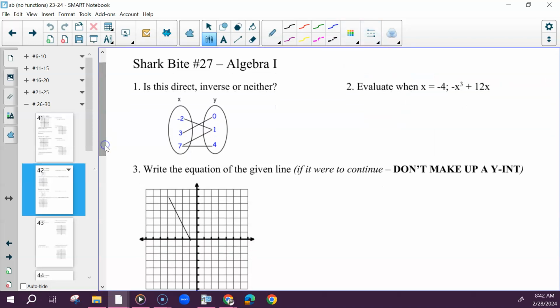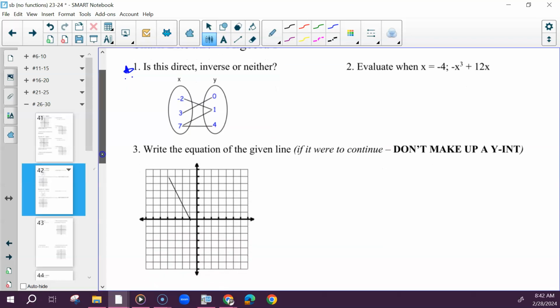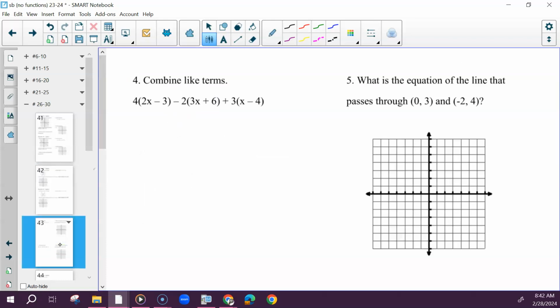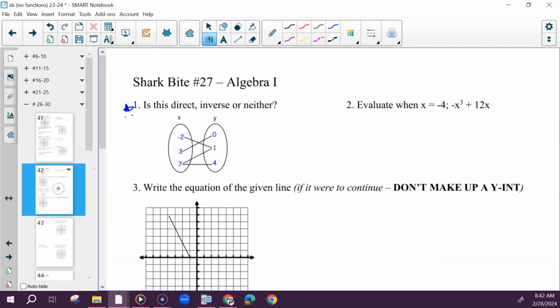Alright, number 1. Let's backtrack. I'm going to show this in Desmos and then we'll talk about algebra. So 1 can be done in Desmos. 2, we'll figure that out, or 3, we'll figure that out, and then 5 can be done on this graph. Right, so for number 1, if I were to put these in as a table,